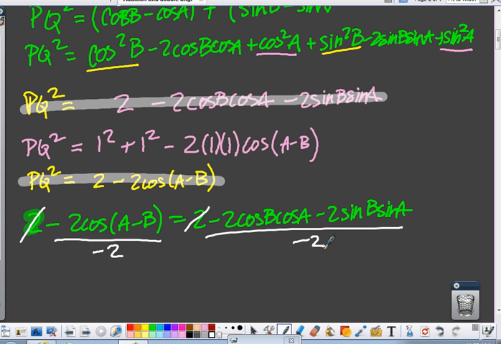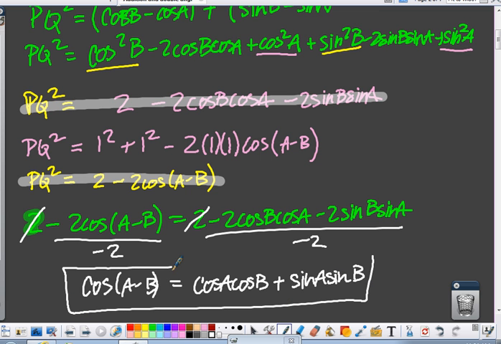So I'm trying to get the angle by itself because we use the angle addition property. So now I have cosine of A minus B. When I divide the negatives off, I get 1 times this. And just for order's sake, because we like to be orderly, I'm going to always write my multiplication with A then B. So cosine of B times cosine of A, just as a reminder, is the same thing as cosine of A times cosine of B. So I'm just switching them around. And then negative 2 divided by 2 is positive 1. And it ends up being 1 times